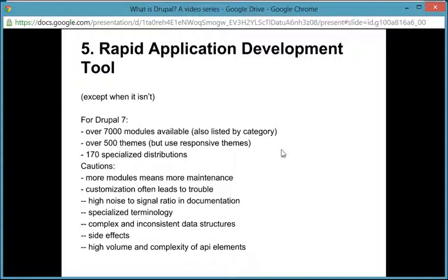In any case, it's certainly true to say that Drupal is a rapid application development tool, given the number of modules that are available, the flexibility of those modules and those combination of modules, and therefore the ability to build most of your requirements quickly. Again, the caution is that the last 1% might be very difficult, so